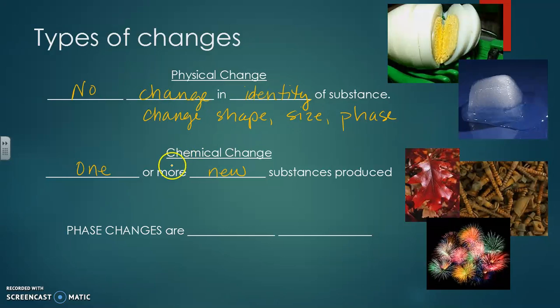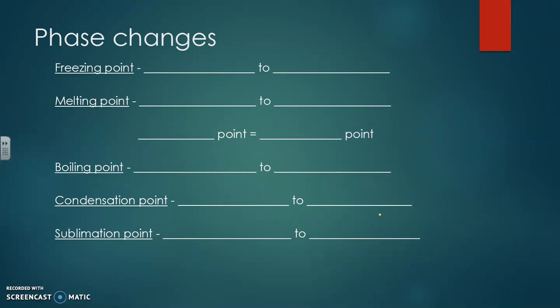All right, phase changes. That means from a solid to a liquid, from a liquid to a gas, from a gas to a solid, etc. Phase changes are physical changes. And this should all be reviewed because we've already talked about all this before, right? Okay, what are the phase changes? We did this in class. Let's do it again. Freezing point is going to be when something changes from a solid to a liquid. What am I doing? No, sorry. It goes from a liquid to a solid.